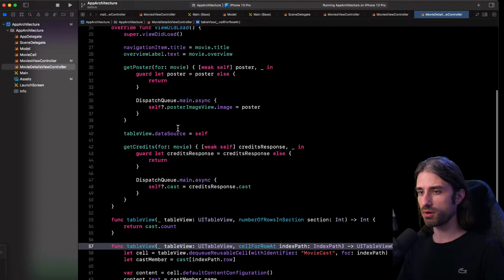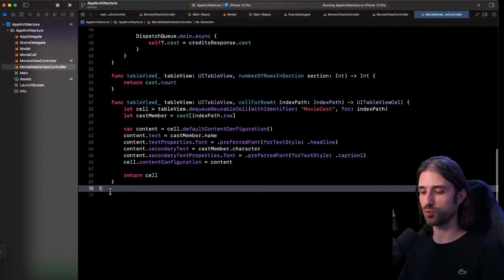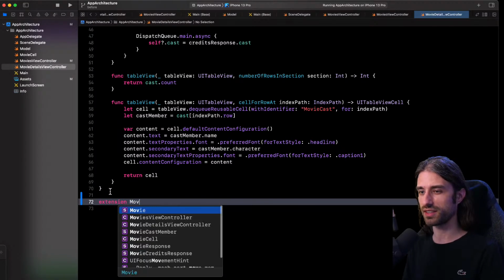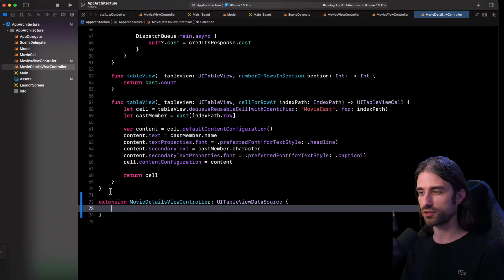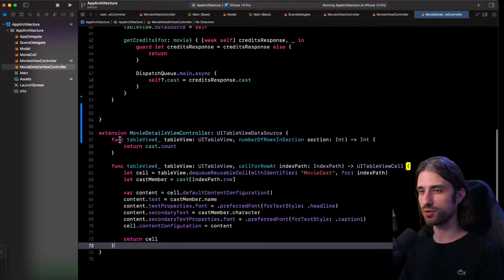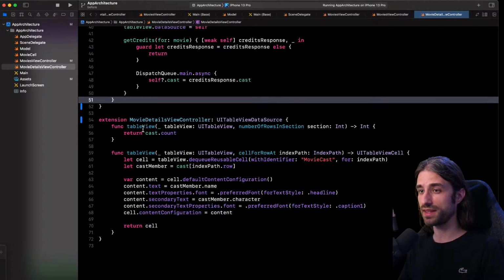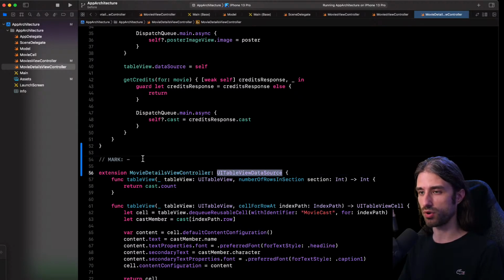Okay, so I was about to do the same thing for MovieDetailsViewController, so I'm going to do it pretty fast because now we are getting used to how it works. And as I was saying, just to get warmed up, it's pretty simple. So I write an extension on MovieDetailsViewController. I say that this extension makes MovieDetailsViewController conform to UITableViewDataSource. And finally, I move the two methods. What's nice is that they are just next to each other, so you can see it is very visual. I cut the code, I paste it here, and that's it. Now my second file has also been organized in extensions. I'm also going to add my MARK comment because it's a good practice to do it.